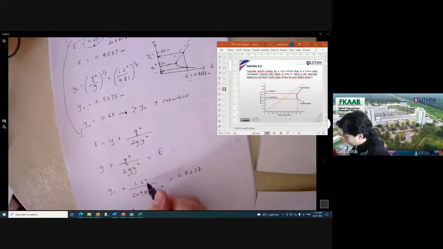Solving this, 1.2 squared divided by 2 divided by 9.81, I'm going to get